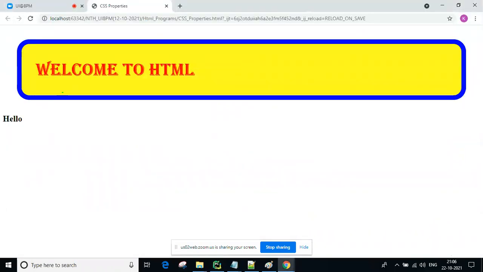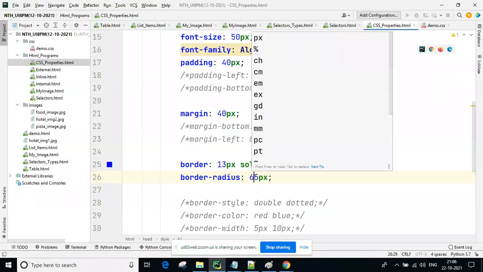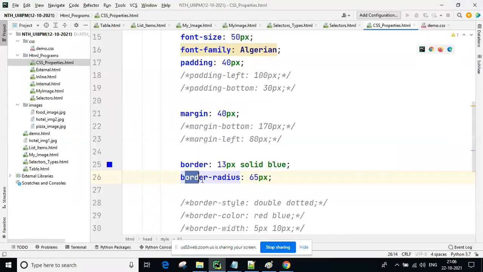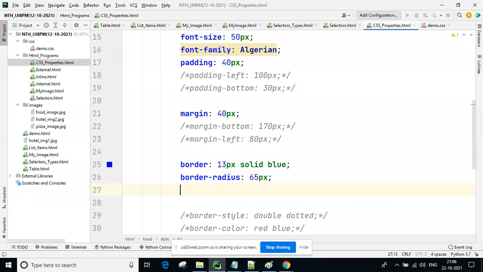Are you observing here? Round corners. If you increase that size, you're getting it like this. So this is border radius. Using border radius we can do this one.